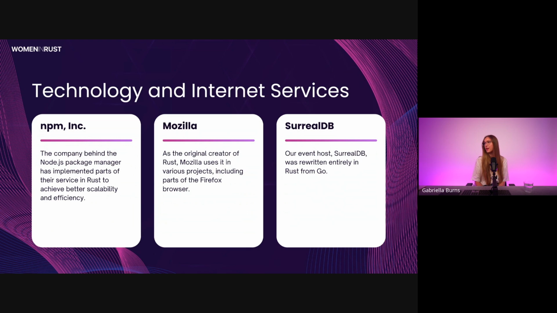Then the advanced type system and pattern matching in Rust was really important to them. And then there's the rapid adoption of Rust. Like I said, it's the people, it's the ecosystem that also makes it so important. It goes beyond the technical aspects of the language. Rust is being adopted rapidly, and it's seen as the future of systems programming. So it makes sense that SurrealDB would want to move towards it.